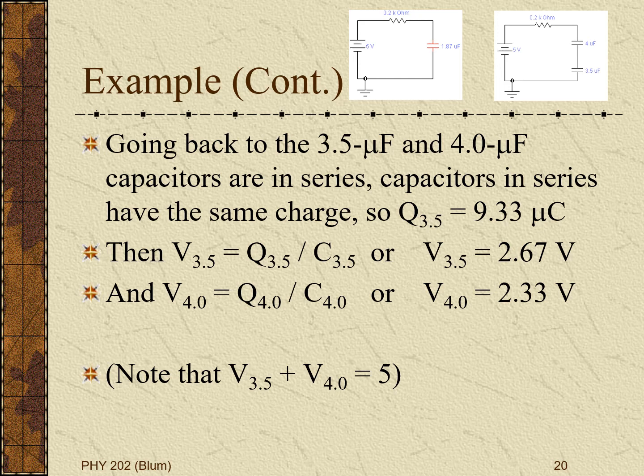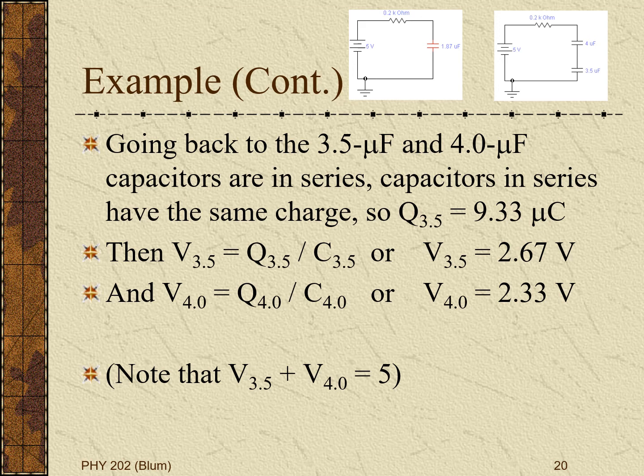And since we know the charge and the capacitance, we can find the voltage. And so we find the voltage across the 3.5 microfarad capacitor is 2.67, and the voltage across the 4 microfarad capacitor is 2.33,